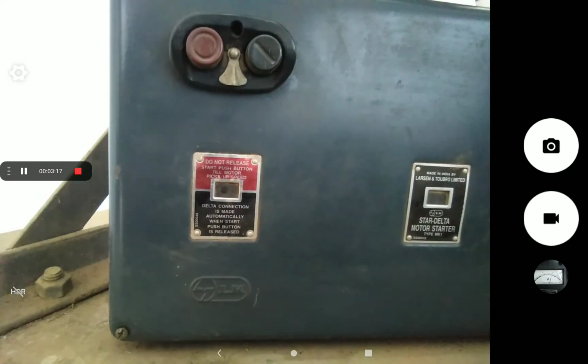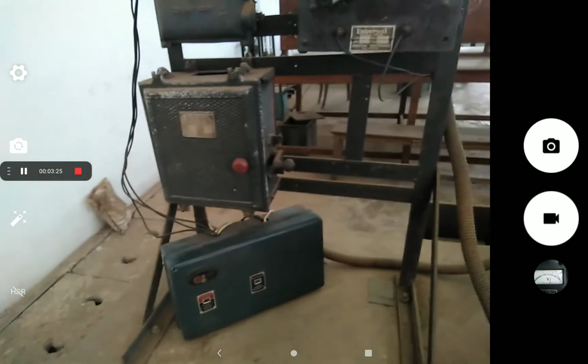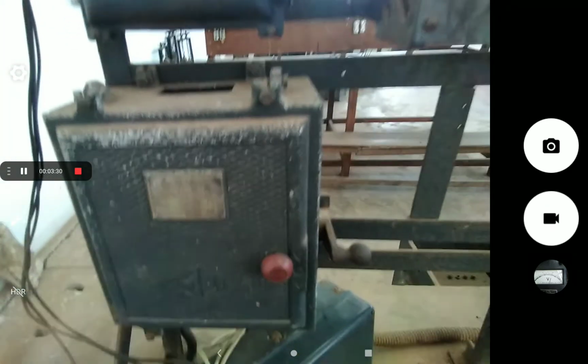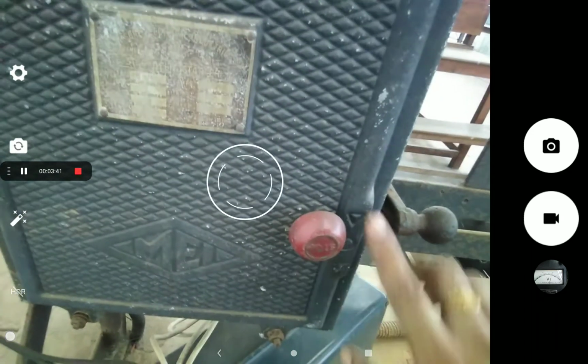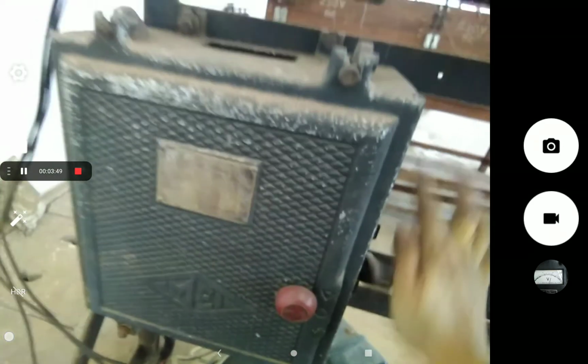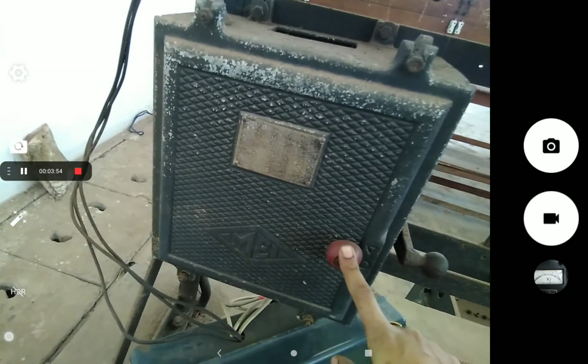Okay, so at the starting time the three-phase induction motor stator winding should be in a star connection, then it should be changed to delta connection. This is an old star delta starter. Okay, it is disconnected, it is damaged, so we disconnected it and connected a new one. Here you can see it is marked as star and delta. At the starting time it is cut to star, then after that we manually cut it into delta. Okay, so for switching on, this is the old type star delta starter.